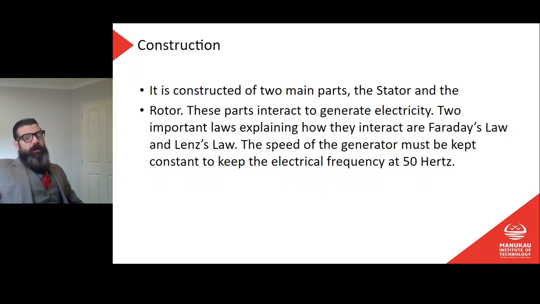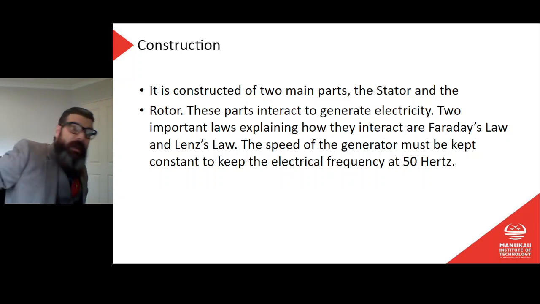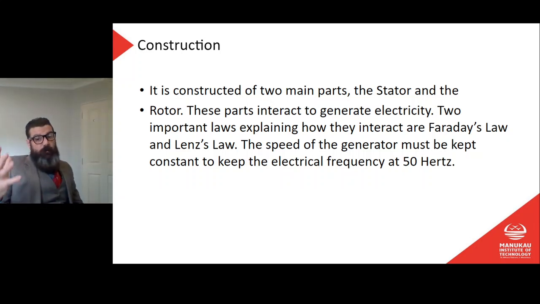Our simple AC generator has two main parts. We have our stator and our rotor. They interact to generate electricity. Two important laws explaining how they interact are Faraday's law and Lenz's law. The speed of the generator must be kept constant to keep the electrical frequency at 50 Hertz. That's because 50 Hertz is what we use in our normal stuff, right? Our normal AC power output is 50 Hertz for our grid,